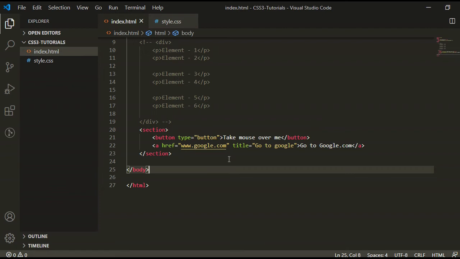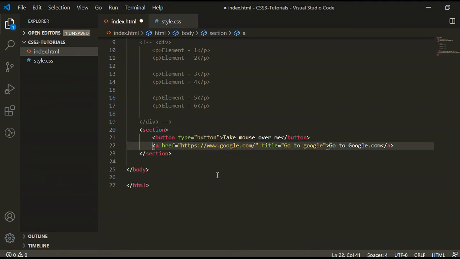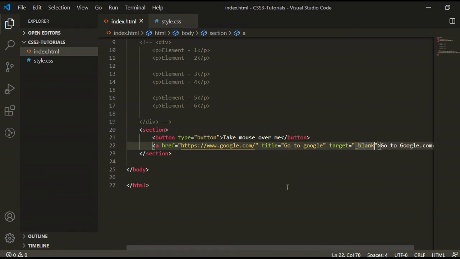Before going to the browser, first change the path of this href, and we can also give the target attribute. So our new page will open in a new tab.